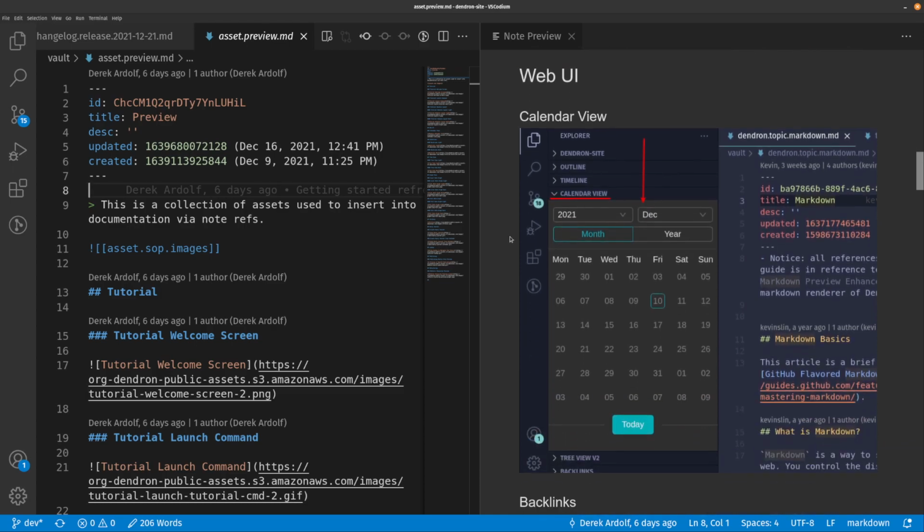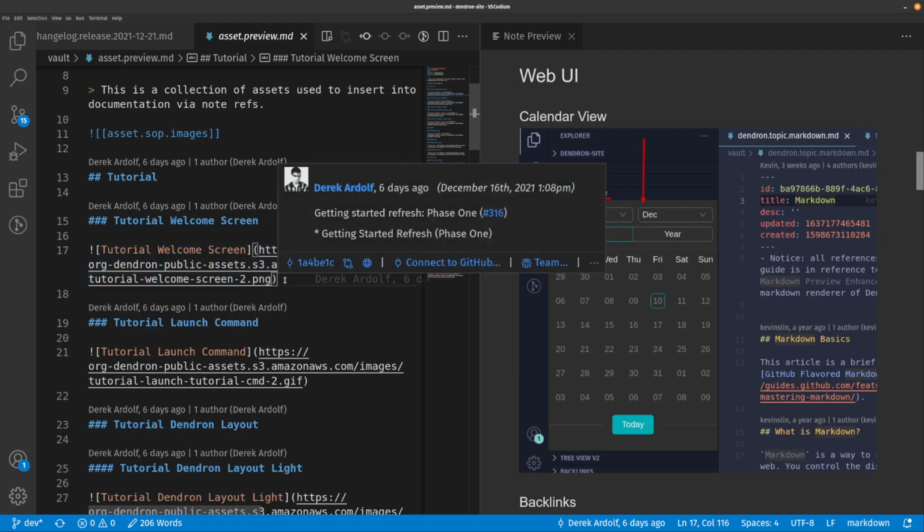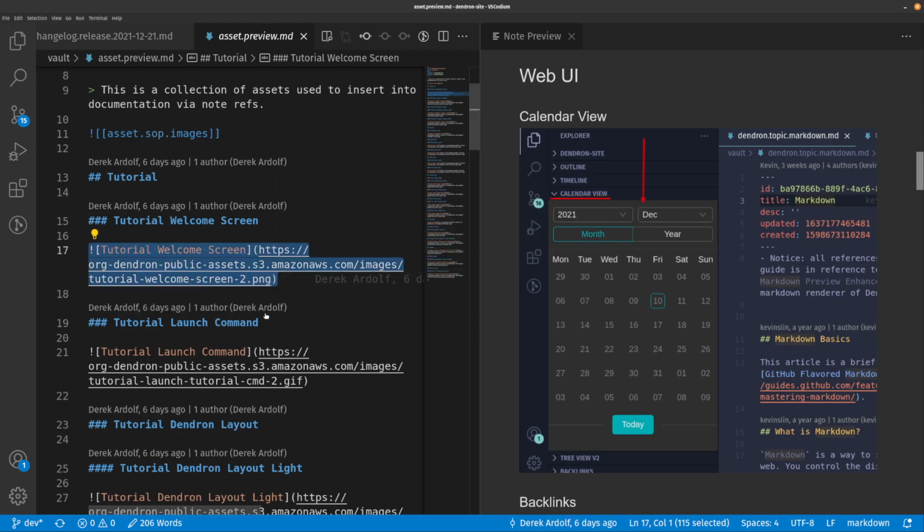And so what this means is that since they're all going to be here, usually the problem would be if you have your image stored in a certain place, you're now going to have to copy paste that path all the time. And if you ever update that screenshot, you then have to go, where throughout all my docs did I do that reference? Because now I've got to go update all of them. But